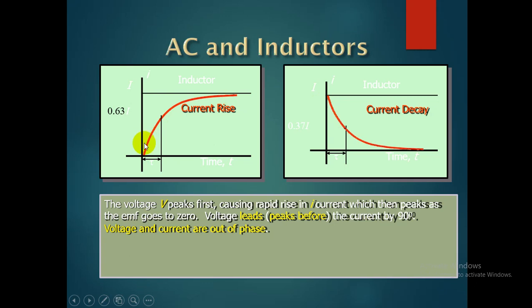Means what? It is not only avoiding the sudden change in the current, it is also used to store energy in the form of a magnetic field. Whenever the supply is available, it stores the energy. Whenever the supply is not available, it becomes a source for the connected circuit. And here we should remember one thing, that as I said, it doesn't allow the sudden change in current.